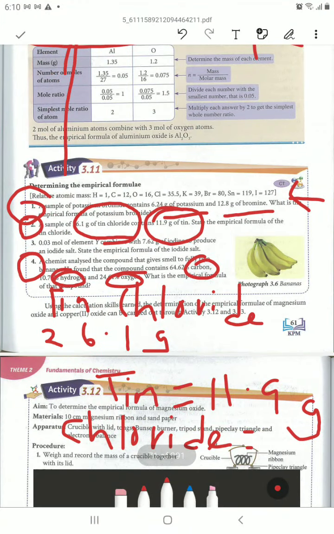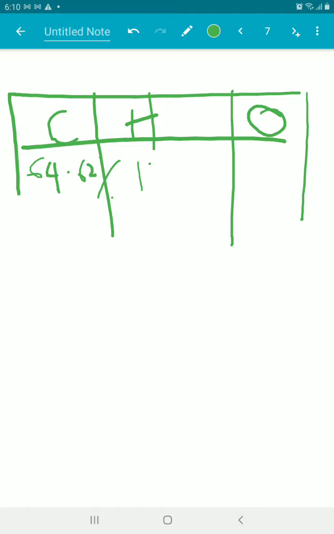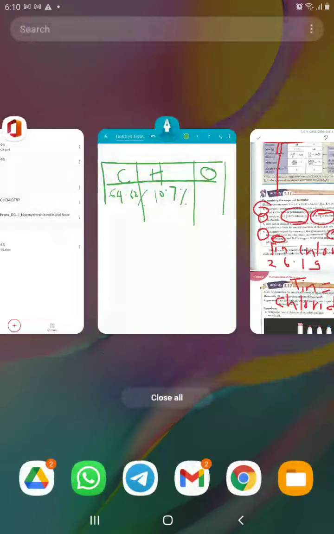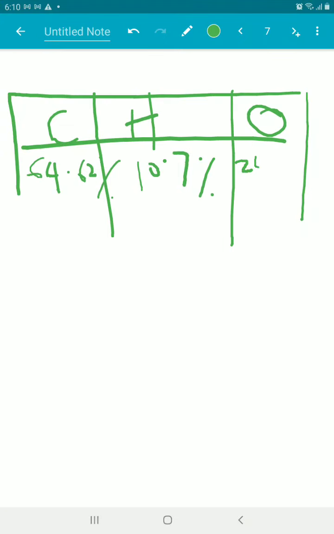Then the hydrogen is 10.7, so 10.7%. And the last one, the mass of oxygen is 24.61, so you write here 24.61%. Then this is in terms of percentage. Okay, next step, you need to cancel out the